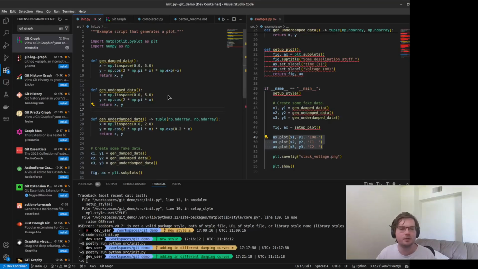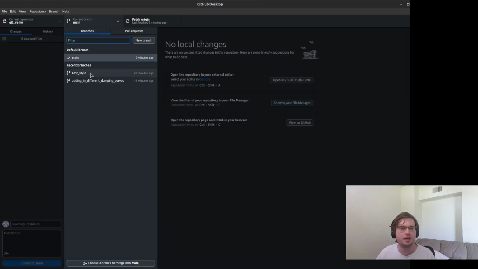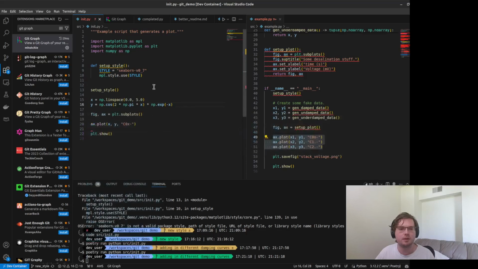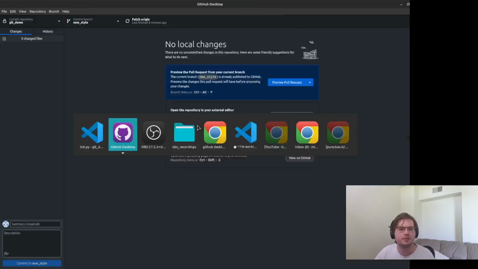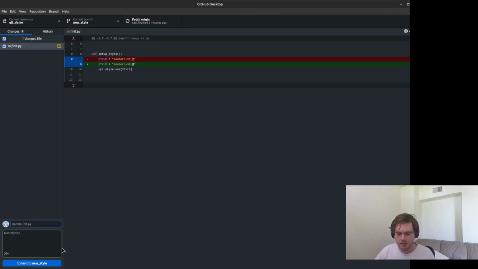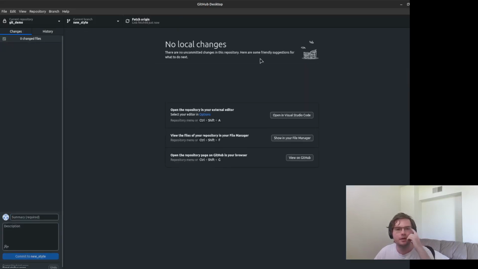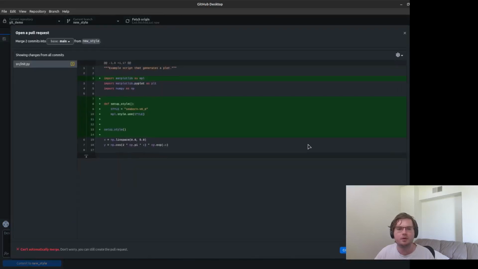So in our case, I'm going to go in and check out new style, which was the area that we had that was having issues before that we still hadn't fixed. I'm going to go back to my code and fix the problem. In this case, we actually know what the problem is, but maybe it would actually take a long time to fix. I go over, I make a new commit. I'm going to say fixed styling error. I'm going to push that up to origin, which means that it's all up on GitHub. And now I'm going to create my pull request just like before. I'm going to see the changes that I make.